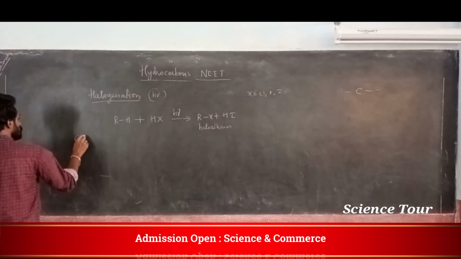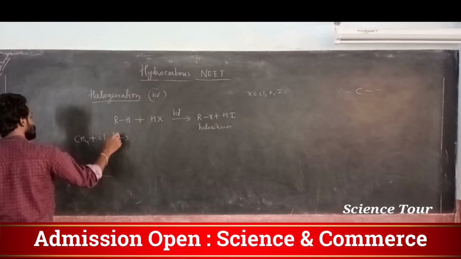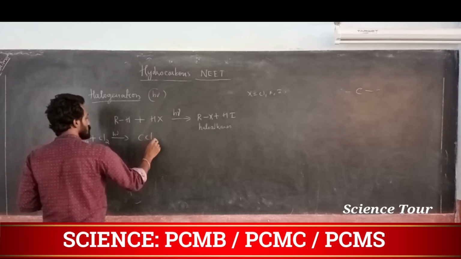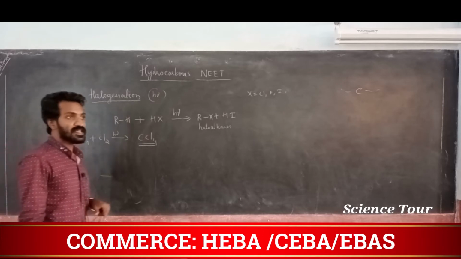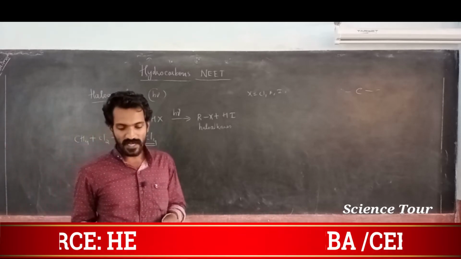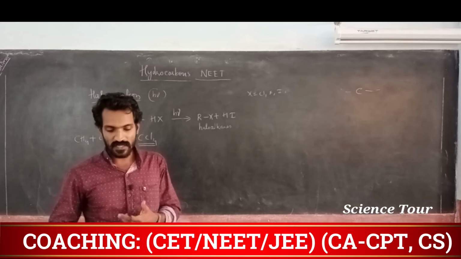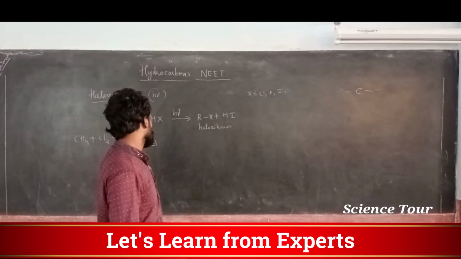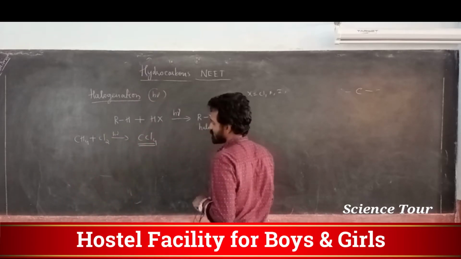So one example I will give you. Methane reacts with the chlorine in the presence of sunlight. This reaction takes place in CCl4 by free radical mechanism. It is called free radical mechanism. At the beginning you are getting the product, again you are treating again. That mechanism is there actually. You are getting CCl4 at the end. My dear students, the reaction is actually a free radical mechanism.